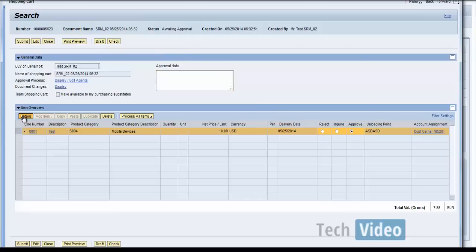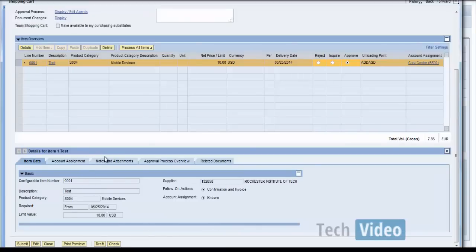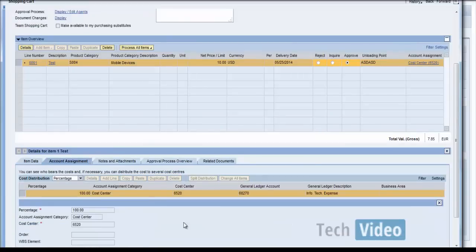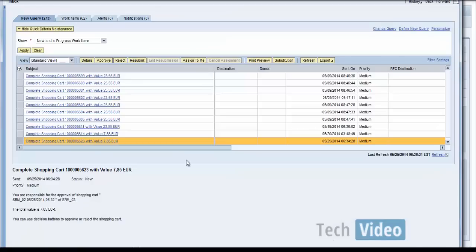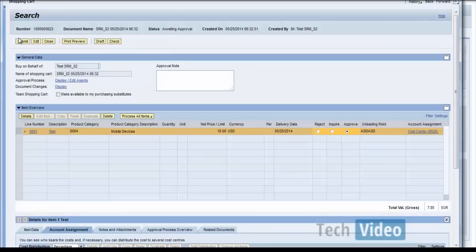You may choose to check the details. Most of the details are already shown on the screen here, but still if you want you can go ahead and check the details. Also remember the description of the step, which is complete shopping cart, which means that you may also choose to edit the shopping cart before approving it. So in that case, if you choose to edit, you will click on edit, change the quantity or the price or the currency, and then process the shopping cart by clicking on submit. It is totally dependent on how your system is configured and what your business need is. So let's click on submit for the time being.